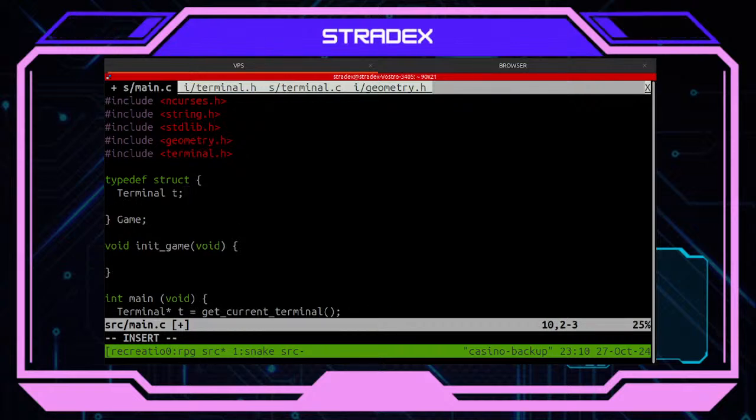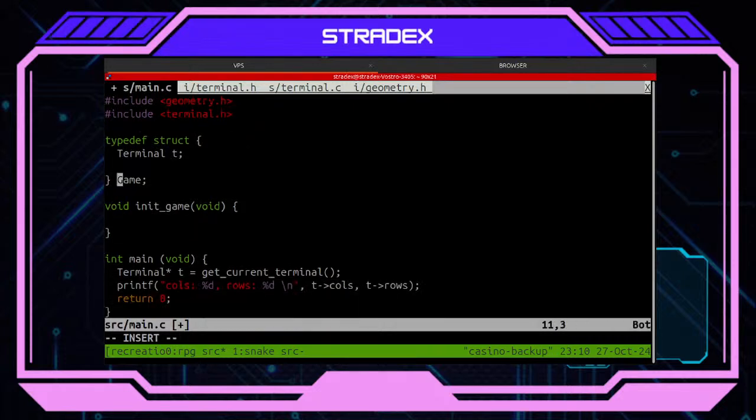Terminal T here. What more? Let's also have here some... I have my terminal.